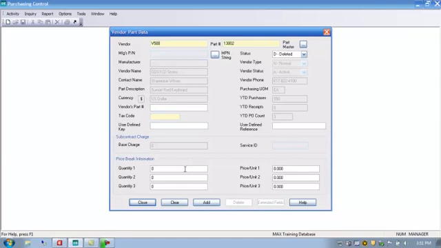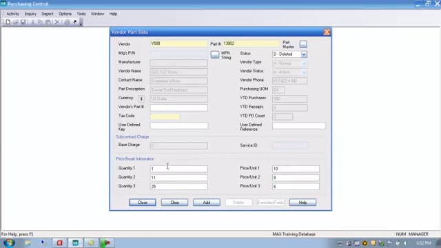Now a vendor may quote a price of say $10 per unit for the first 10 units, a price of $8 for units 11 through 25, and a price of $6 for any purchases of 26 or more units. So you might enter it in like this. You have to have at least one, and that's going to be $10. For 11, we'll put in $8. And for anything above that, which is 25, we'll put in $6. So the important thing to know here